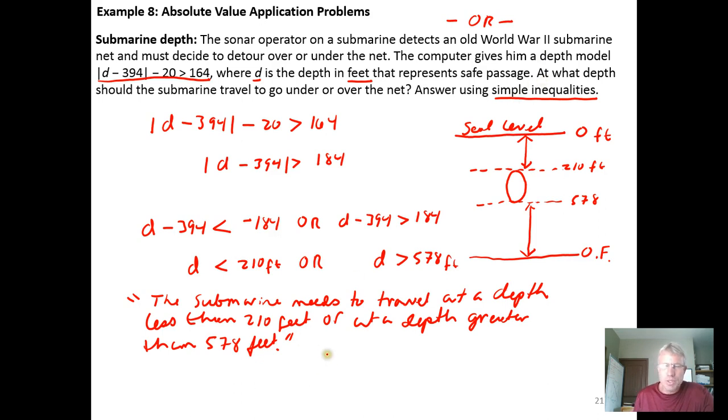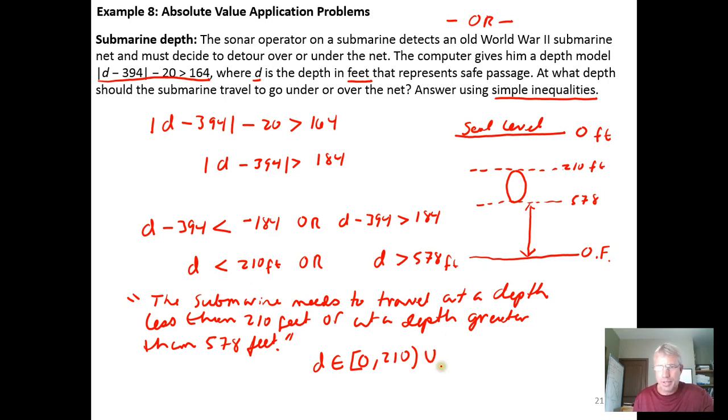By simple inequalities, they're just saying, hey, you don't need interval notation. We could answer it in interval notation, and it's kind of interesting to think about it in interval notation. The depth would be an element of the interval. Well, the submarine, to be less than 210 feet, it could be right at the surface of the ocean, right? Submarines can do that. They can float on top. So the depth would go from 0 feet, not negative infinity in feet, because that's physically impossible. So interval notation here is a matter of looking at the situation and saying what's physically possible. So at a depth between 0 and 210 feet, not including the 210,